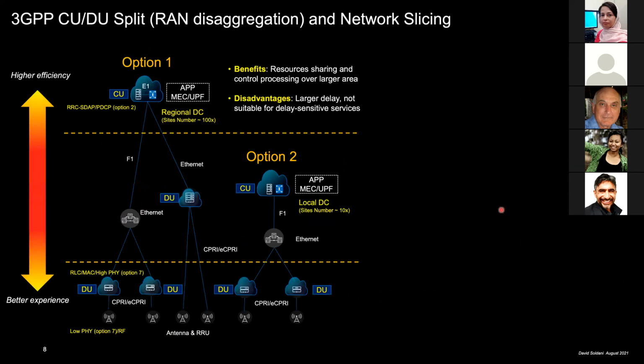Okay, now a couple of words about the system architecture, so we also understand what we are expecting later by 6G, or anyway, the evolution of the 5G system. I would like to introduce you the concept of the CU and DU split, the so-called RAN disaggregation, and a fundamental enabling technology that is network slicing. So the CU-DU split was already